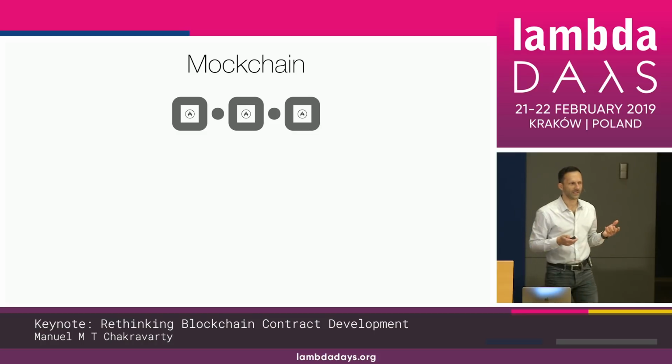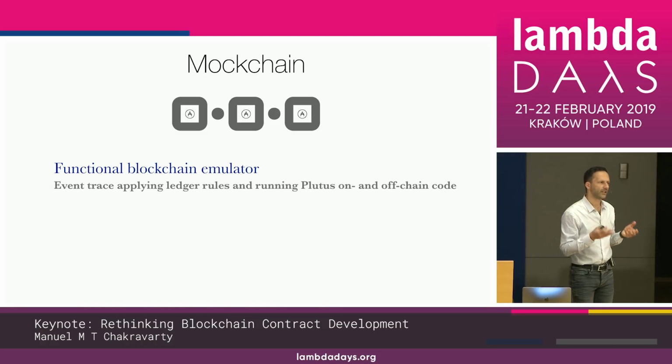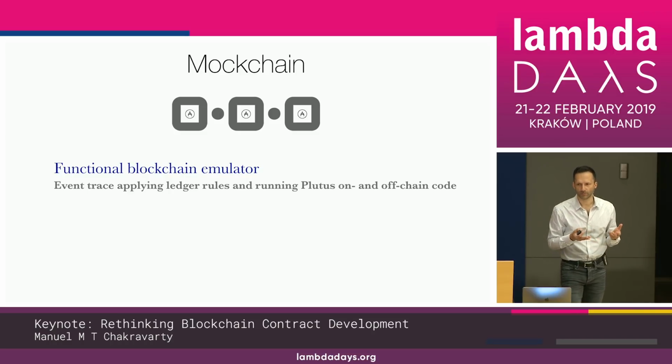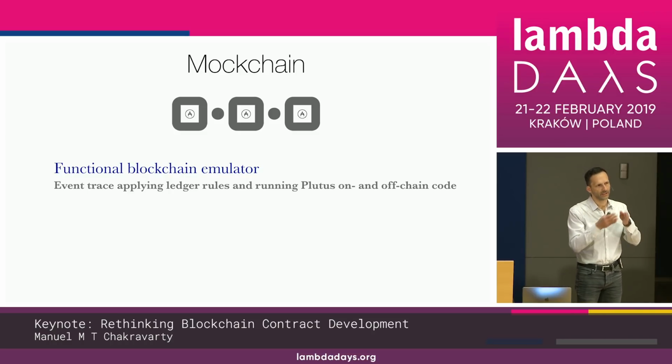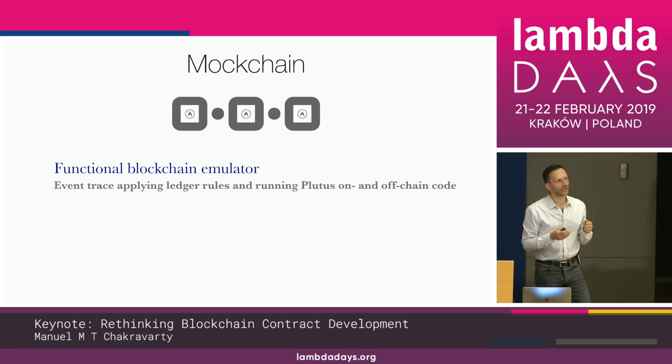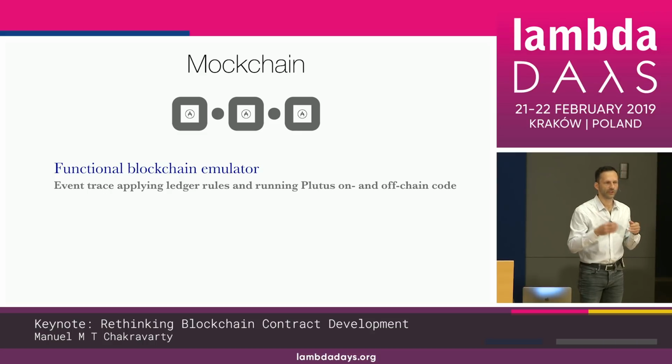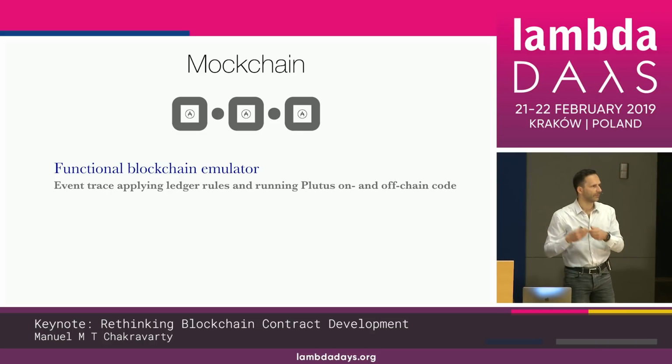And what that is, it's just a functional emulator of the functional behavior of the blockchain. So specifically, it's an event trace-based system which runs the Plutus on-chain and off-chain code, which is compiled in exactly the way which I've shown you before, and